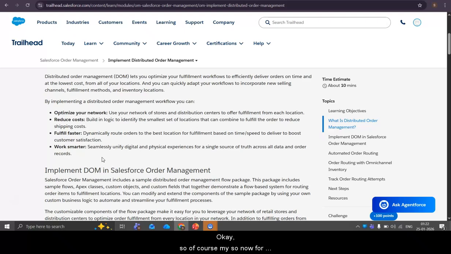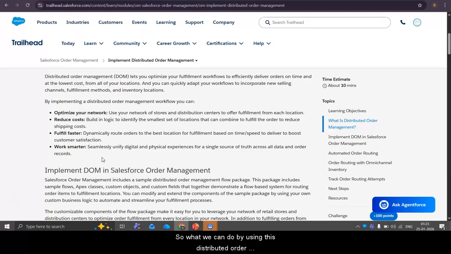Of course, for me the nearest location is the Bangalore location. In this case, at any cost you need to assign my order to the Bangalore store, so that you can reduce the shipping cost. If my shipping address is Bangalore and you assign this order to Delhi, it will be a long distance, the shipping charge or handling cost will be more, and even the delivery time will be more.